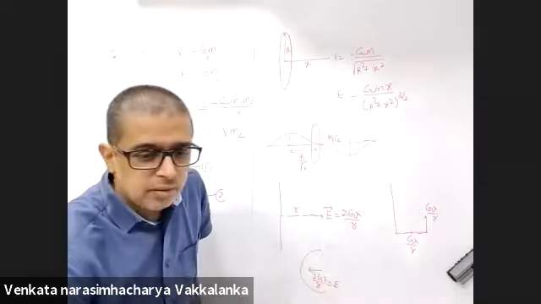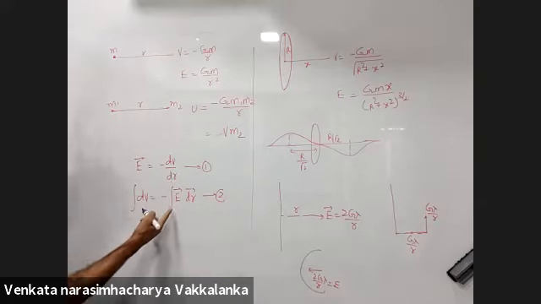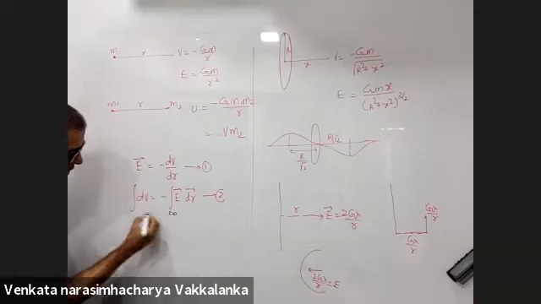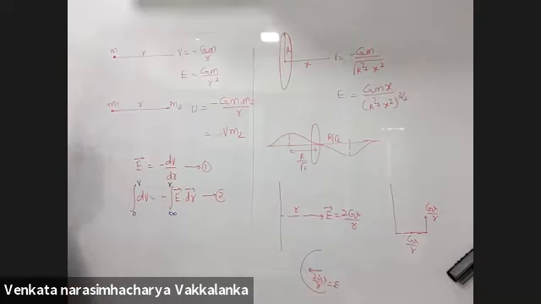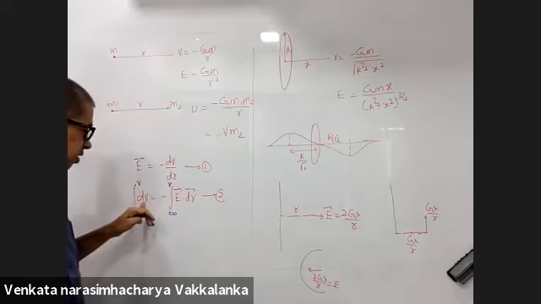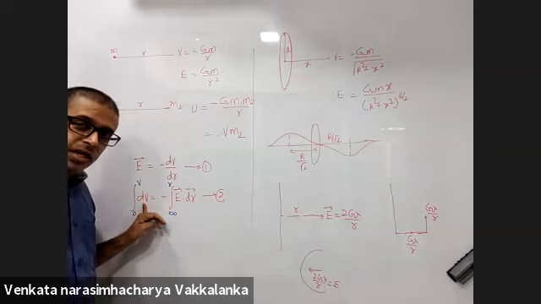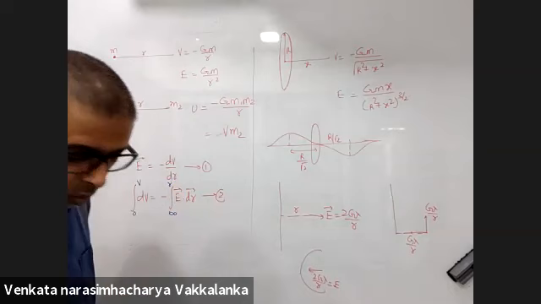Now, interestingly, one important piece of information here. All of you, please listen to me. How do you do this integration? At infinity, potential is 0. At R, you are finding out the potential. Wasn't it the definition? Potential is the work done in moving a unit mass from infinity to that point. Yes or no?